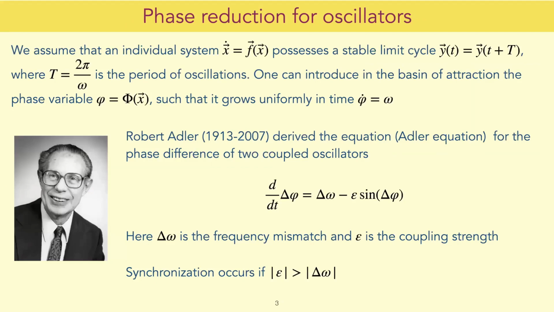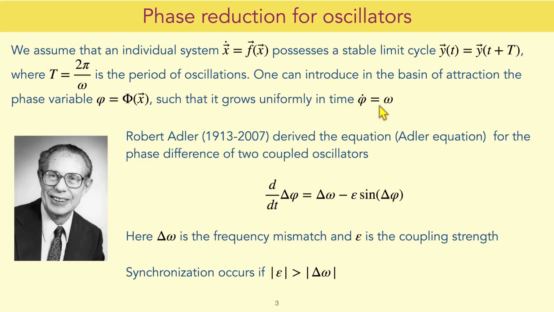The universal tool, which is now widely adopted for description of synchronization phenomena, is the phase reduction. Indeed, if an individual system has a stable limit cycle on which the dynamics is periodic with some period T, one can parameterize this limit cycle by the phase which changes from 0 to 2 pi. And moreover, this parameterization can be extended to the basin of attraction of the limit cycle. So in this vicinity of the limit cycle, there is a variable, the phase, which grows uniformly in time proportional to the frequency. And then interaction of oscillators results in adding some interacting terms which also can be represented through the